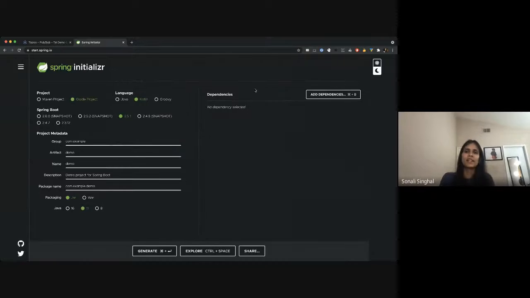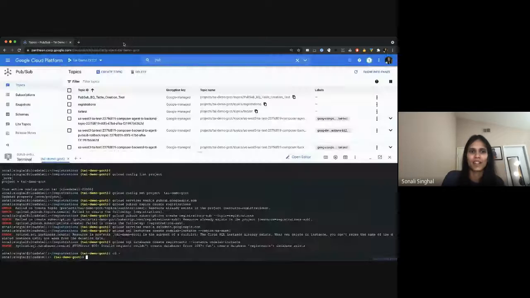Okay, so basically I need to add some basic dependencies of spring.start.io, and after that it will allow me to add GCP, but I don't want to waste time on this. Let's go and do the apps. So what I'll do is